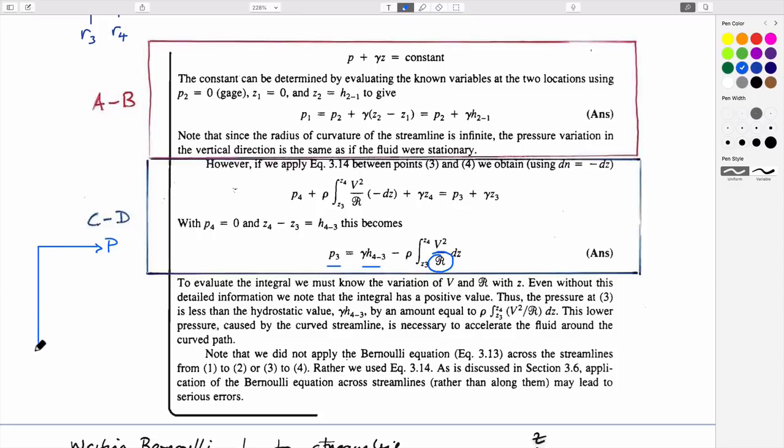So if you go down with depth, this is minus z. This is point 4. This is point 3. Then by definition, what it's saying is that there's a hydrostat that goes down. This is given by this term here. But there's a term which is less than that. This is always positive because it's the velocity. Actually, it makes a difference. We use the